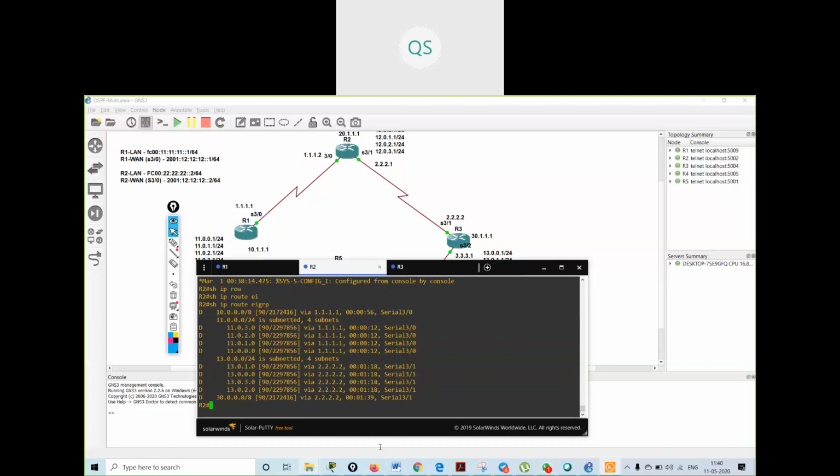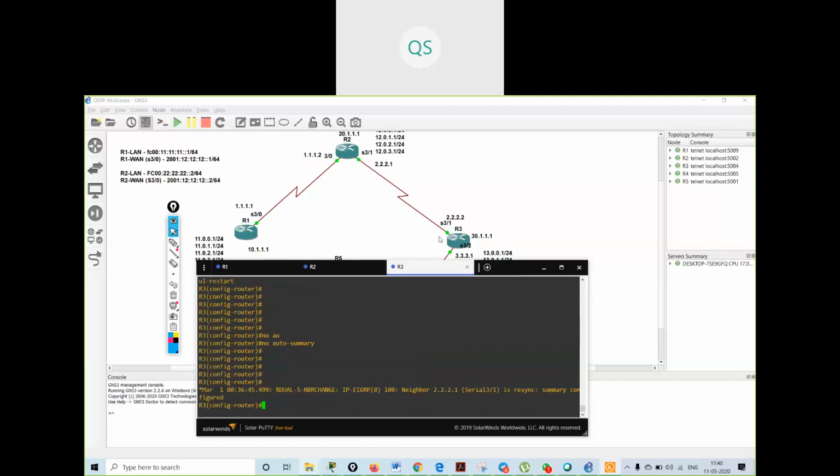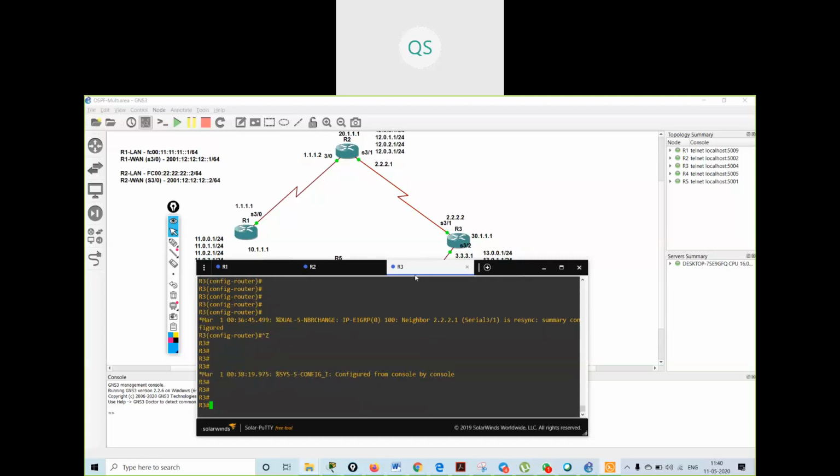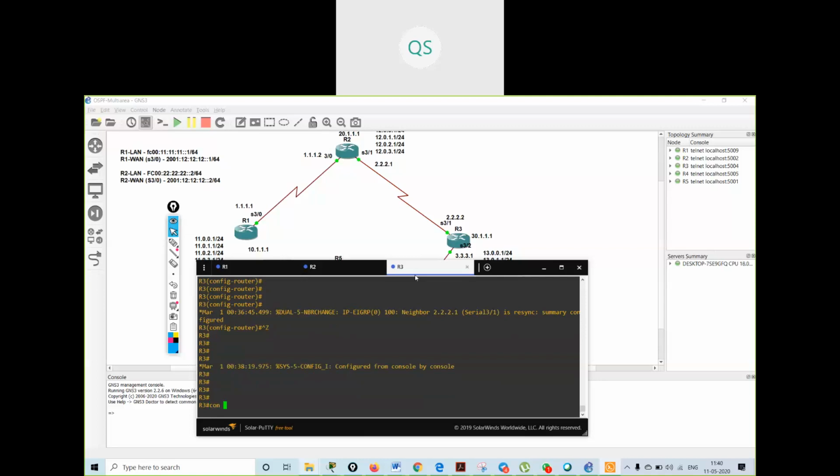Now I will make this interface a passive interface on R3. The command is the same; you just have to go inside EIGRP and see the output after I make it passive.